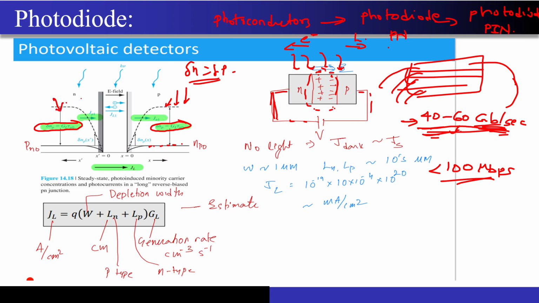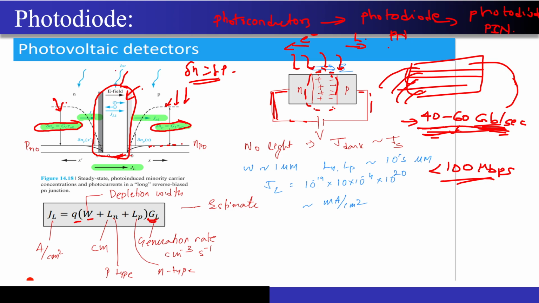We expect a current from here as well, but a very important thing is the current generated because of the carriers generated in the depletion region, because this will give me an immediate fast response, correct. Why am I saying that? Because there exists a very strong electric field. Any free carriers generated over here will be completely swept out to the other side, correct. So this term that you are seeing over here, Q into W into G_L, is what we call the fast term. Fast term means this term responds very quickly to changes in the intensity of the light that is coming over here.